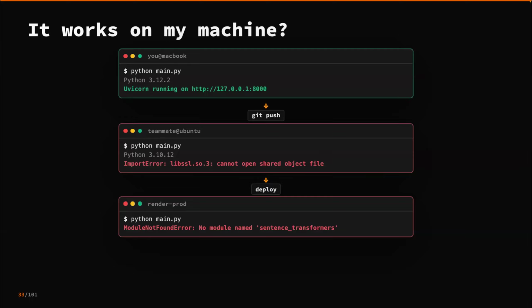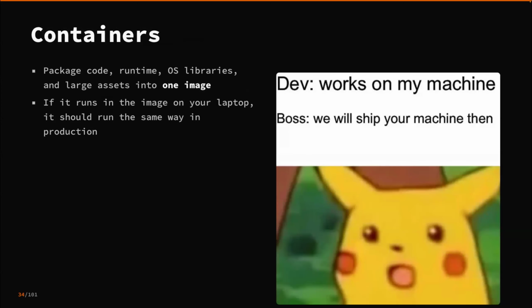This is a classic problem in software development, where the code works on your machine, but it only works on your machine, right? Because on other people's machines or on the deployment environment, they might have a missing system dependency, a different version of Python, or even a different OS, right? So containers are a way of trying to solve this problem,